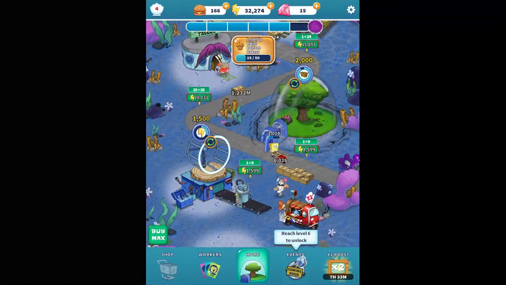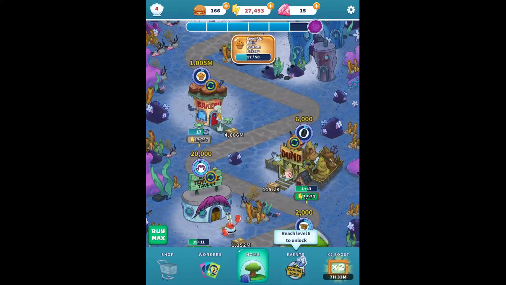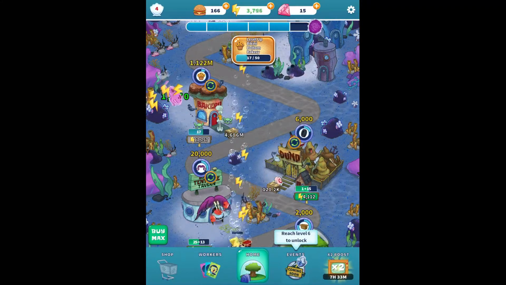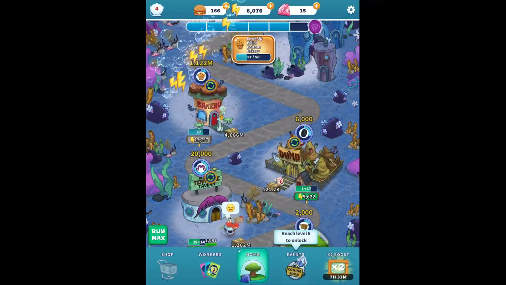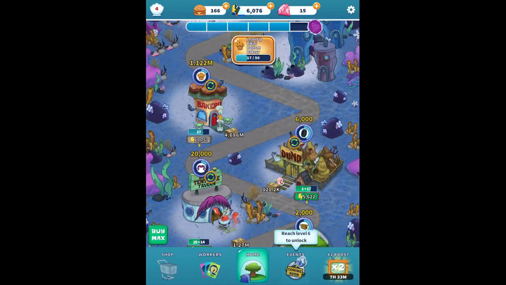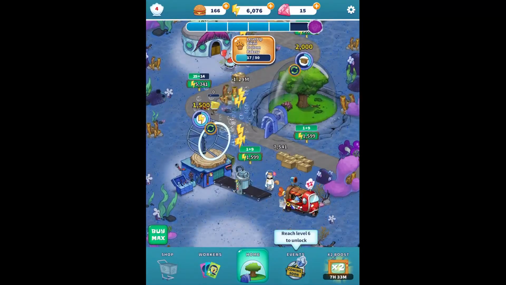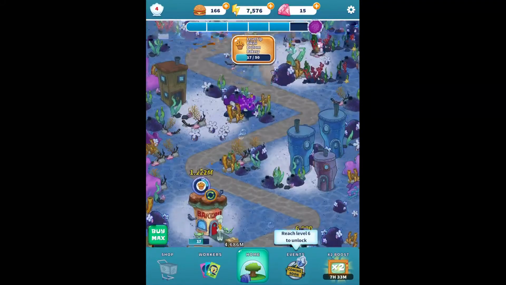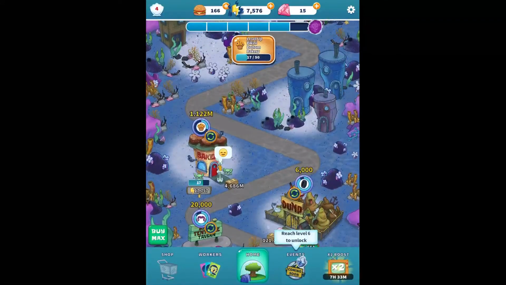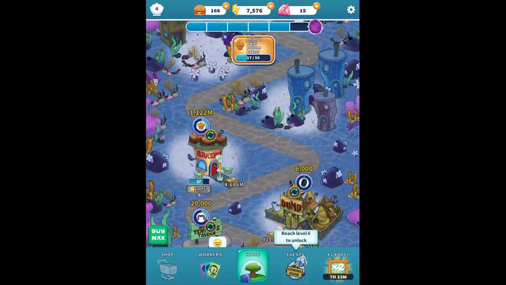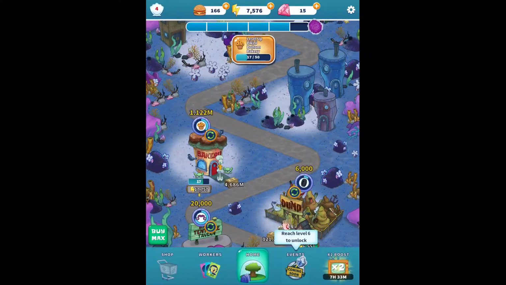Okay, so now we need to level up the Bikini Bottom Bakery. And 50 times, no less. So it's going to take a while too. Hopefully we get a whole bunch of energy real soon, because that batch was just 1,000 energy and we need a lot more. A lot.